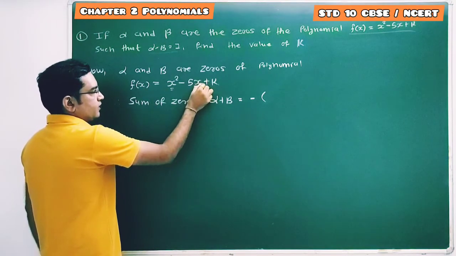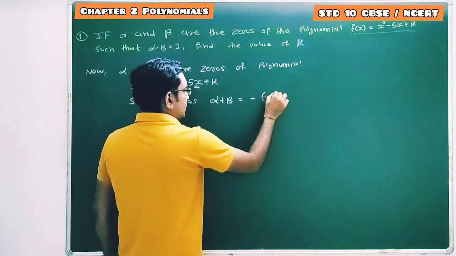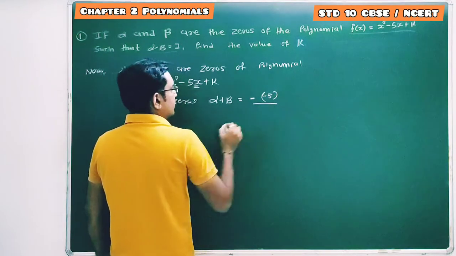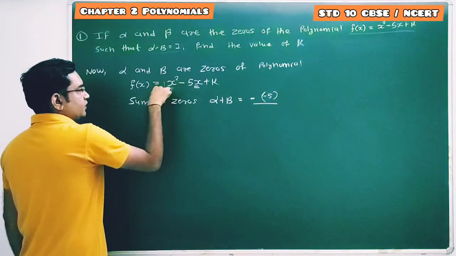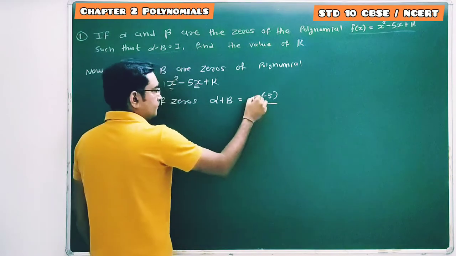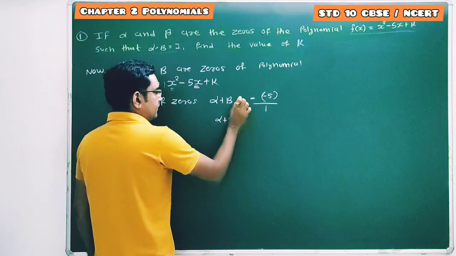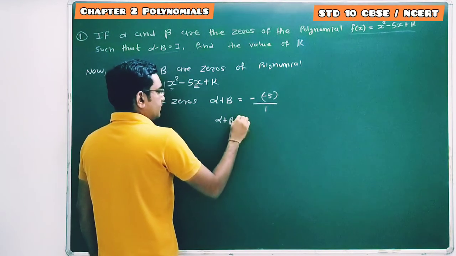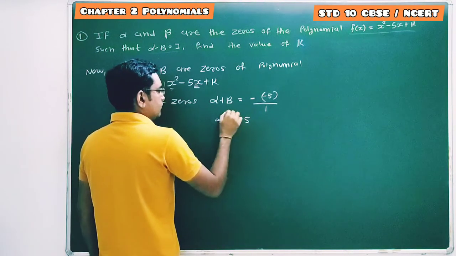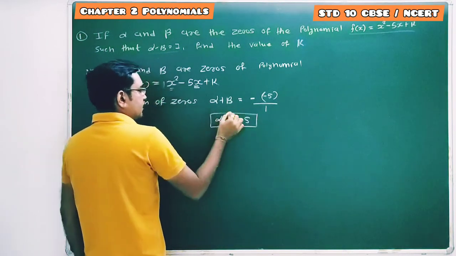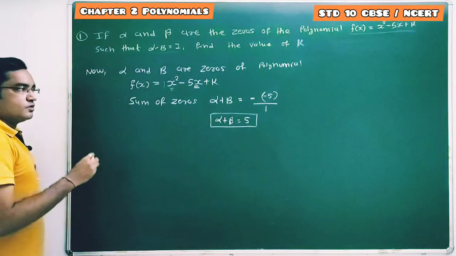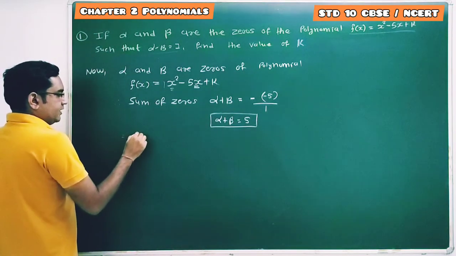Coefficient of x is minus 5, so it's minus of minus 5 upon coefficient of x square, which is nothing but 1. So minus minus plus. Therefore alpha plus beta equal to 5. Sum of zeros is 5. Also we can write